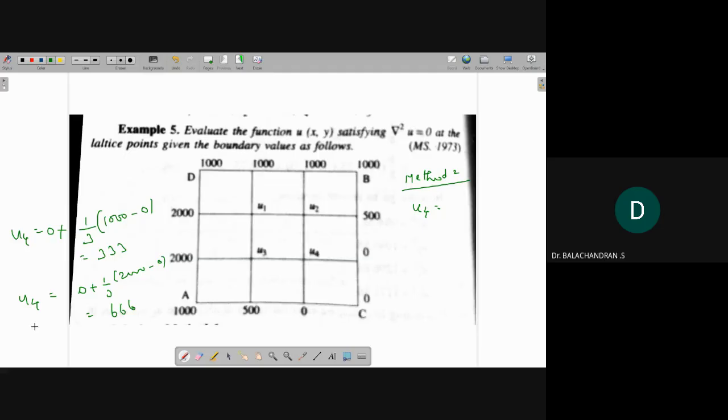Okay, so my suggestion, it is better to assume the average of these two. So 666, 999, so divided by 2, so 1000 means 500. So my suggestion is U4 equal to, you can take 500. But in the book, they are taking U4 equal to 400. So there is no logic behind U4 equal to 400. At least for choosing 500,